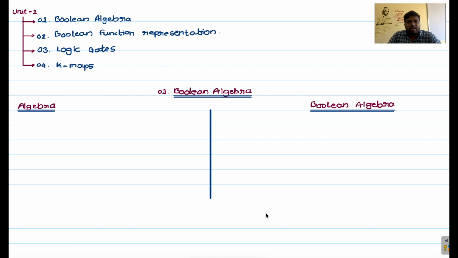First we will find out the difference between algebra and Boolean algebra. How is Boolean algebra different from normal algebra? In normal algebra, here I am taking r equals 10, a decimal system, and here I am giving differences between normal algebra as well as Boolean algebra, right? In normal algebra I will take the decimal number system, and in Boolean algebra I will take the binary number system. R equals 2, base 2, means a binary number system.